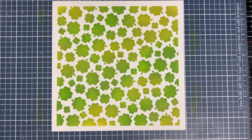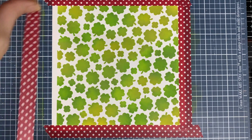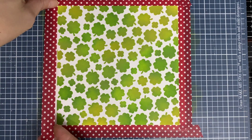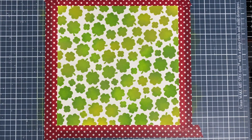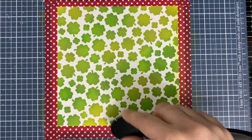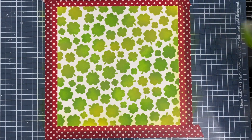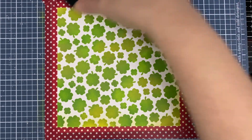It's beautiful. You can leave it just as is, but I'm doing it for the store, so I like to frame it up. So I keep that white border. I put some washi tape to keep it nice and clean and keep that white. And here I'm just using my dirty brush that I just did the stencil part with. So nothing fancy. I do use a little bit of crushed olive